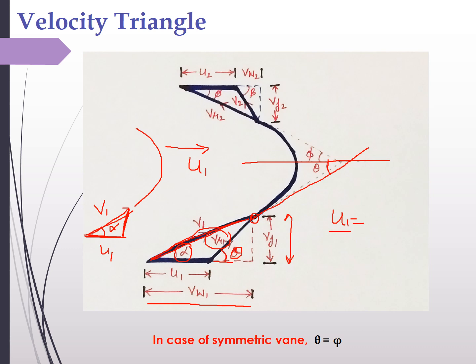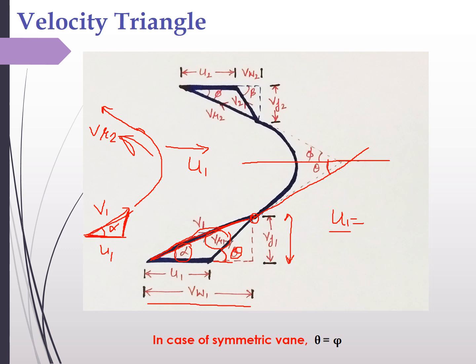So the water will essentially glide along this vane and move in this direction. So when the water moves in this direction, there will be a tangent. We'll draw a tangent at the tip of the vane and extend it, and we will call it Vr2, as the relative velocity component will be tangent to that.